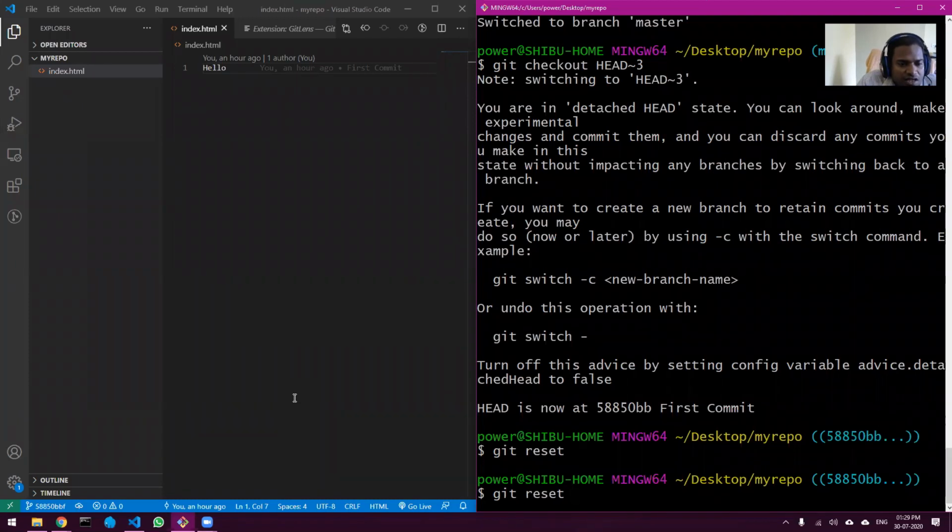If we check out a previous commit and make some changes, will the changes be reflected in the master? No, it will not be reflected. You have to merge that. It will be stored in the branch, and then you have to merge that branch. This entire branching and merging topic we will see in the next part.